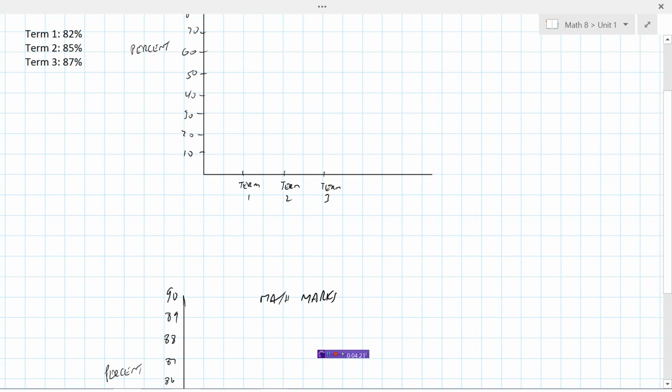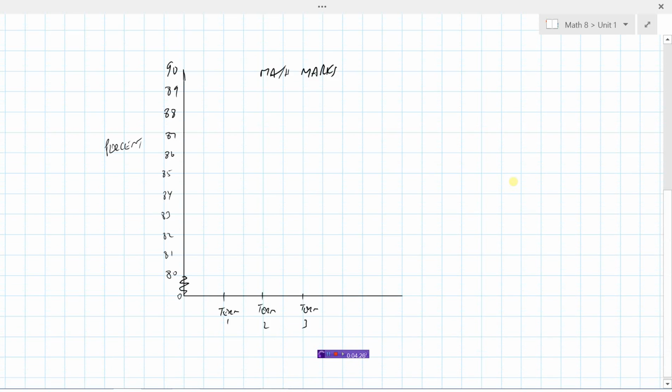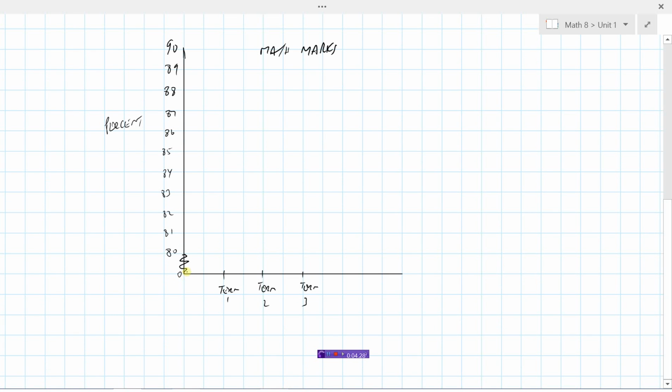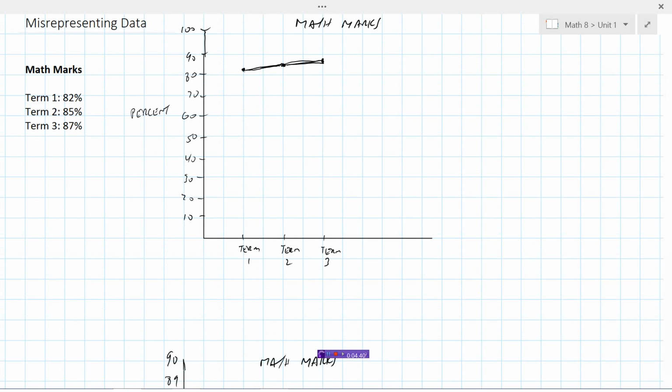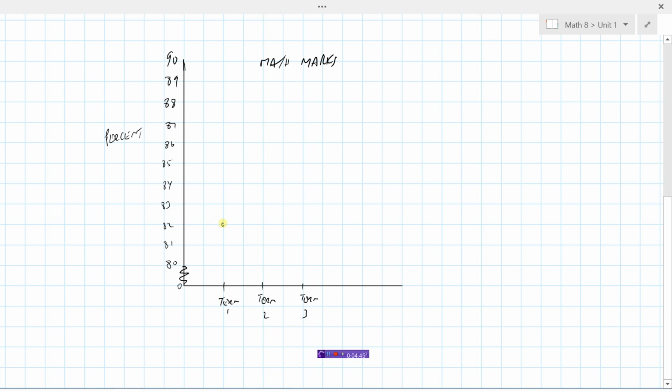So since all of my information is in the 80s, what I could do, and it's okay to do this as long as you do a little squiggle line here to indicate that there's more information down here, we're not going to show anything there because their information starts at 80. And now I'm going to plot these 3 points. The first one was 82, and then 85, and then 87. So the 82 dot would go right here, then an 85 dot right here, and then an 87 dot right here. And now when I connect my dots,